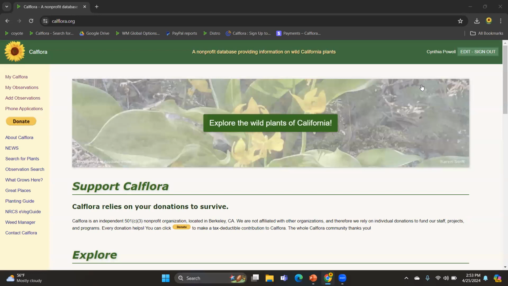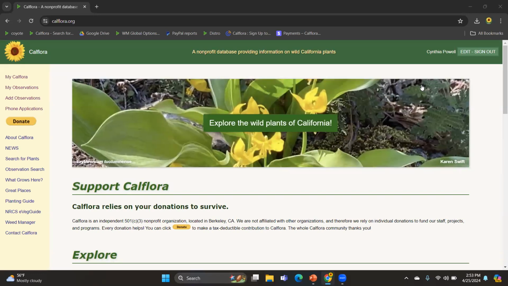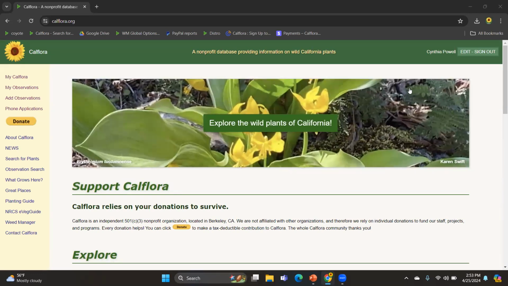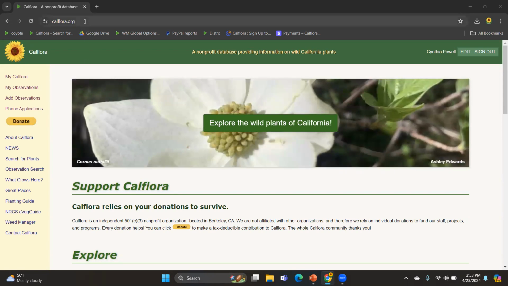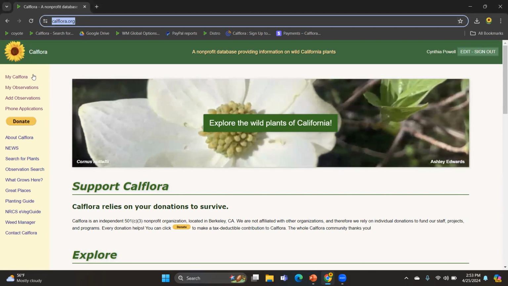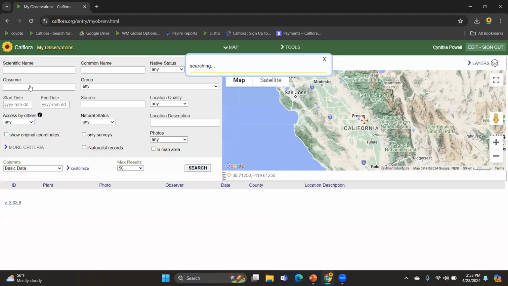My name is Cynthia, and I'm going to show you one way you can identify plants using the Calflora Database. Here we are at the homepage, calflora.org. I go to My Observations,